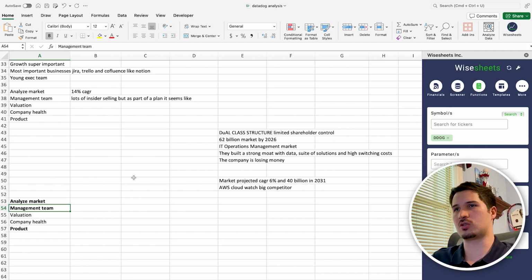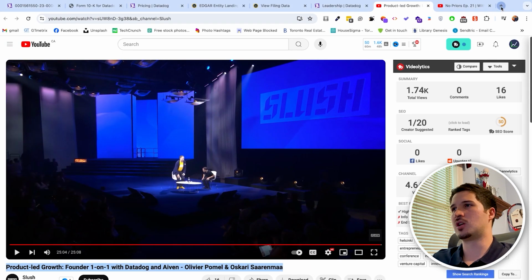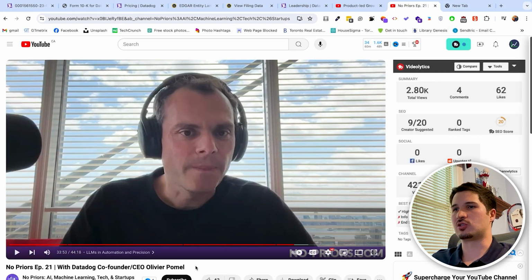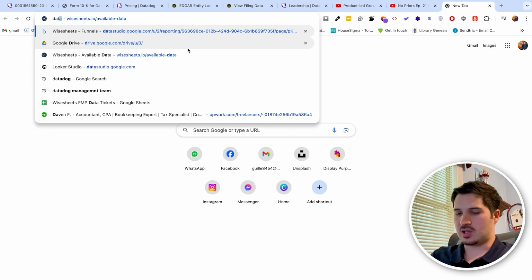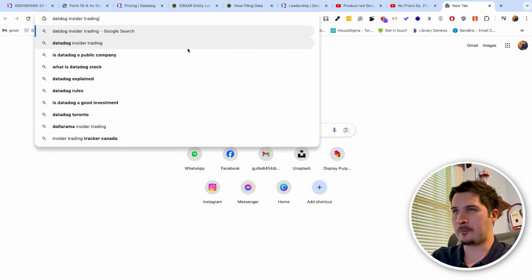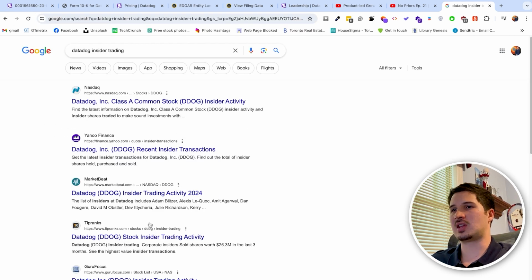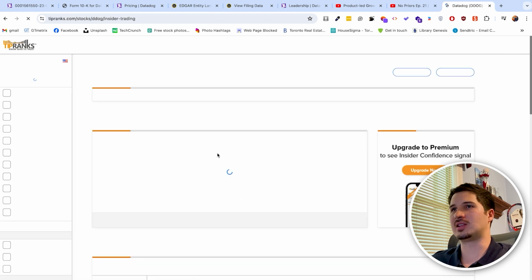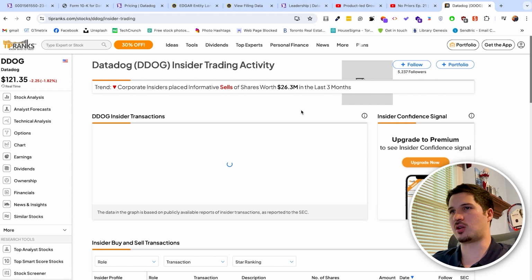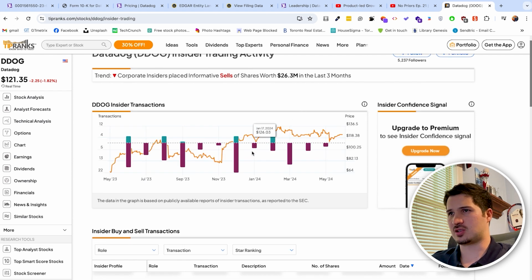One thing that we could also do, I'm just going to pull it up because why not, is look at the insider trading of the CEO. So for example, what we could do is search Datadog insider trading. And what this is going to tell us is whether or not the insiders, meaning the board of directors and the management of the company, are selling stocks. So this would